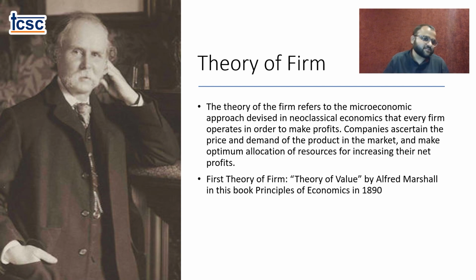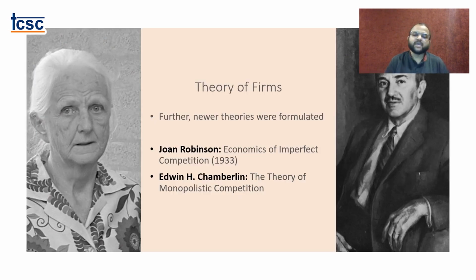Now, the first person who was actually talking about this was this gentleman whom you see on screen, Alfred Marshall. Alfred Marshall, in his book The Principles of Economics, dedicates a chapter called Theory of Value. In Theory of Value, he describes the way in which a firm needs to be profitable. Now, his theory was contested and debated, and we have had other people working, like the prominent works of Joan Robinson, who went forward to write on the economics of imperfect competition, while you had Edward Chamberlin, who wrote about monopolistic competition, where his work is called The Theory of Monopolistic Competition.